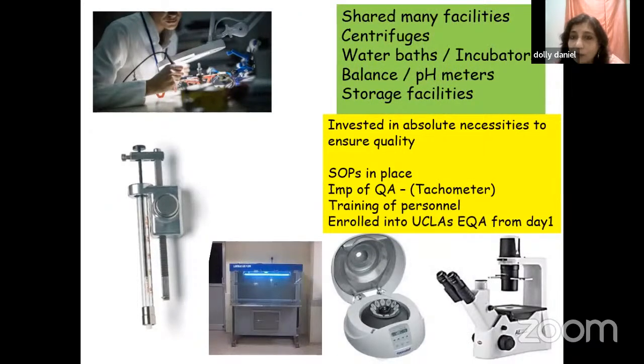So within our own lab, other labs, we had centrifuges, water baths, pH meters, storage facilities, and all those could be shared. And we invested only in absolute necessities. So that included a phase contrast microscope, microcentrifuges, a laminar airflow, syringes, Hamilton syringes, and the like. But right to the